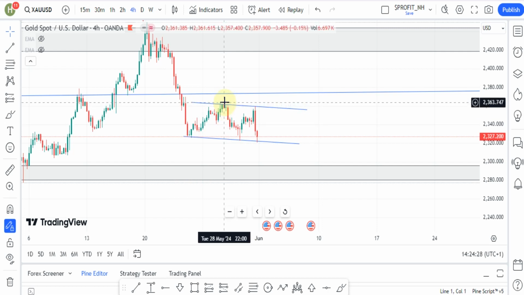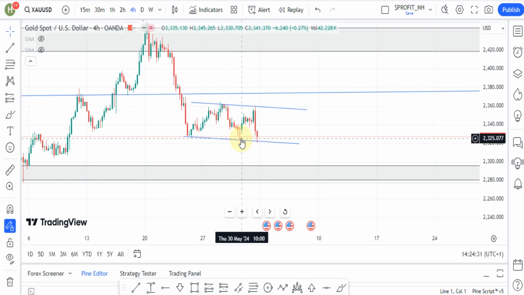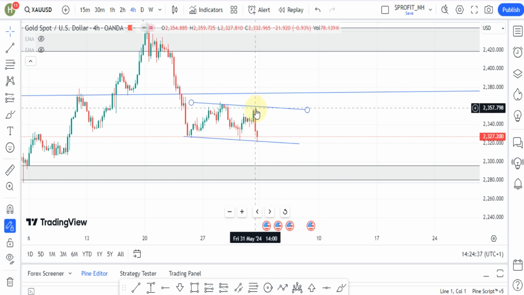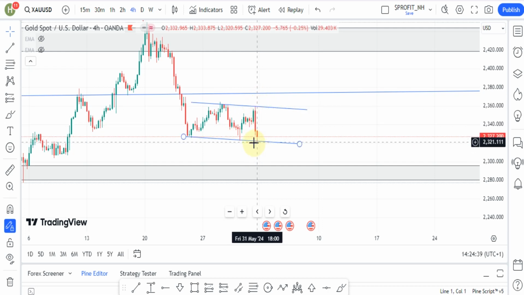We took the entries from there. We pushed all the way down there. Then again, it gave us some opportunities to buy from here and went all the way up here. Then the news came and pushed the market all the way to this key area that we had at this point. So there's a possibility of this market maybe coming all the way up here to give us a third touch